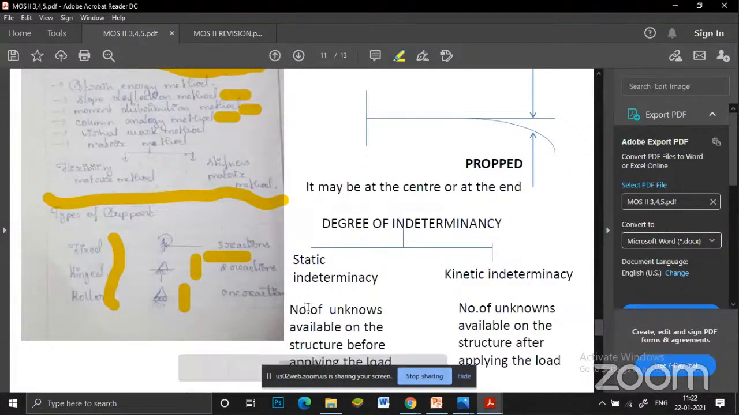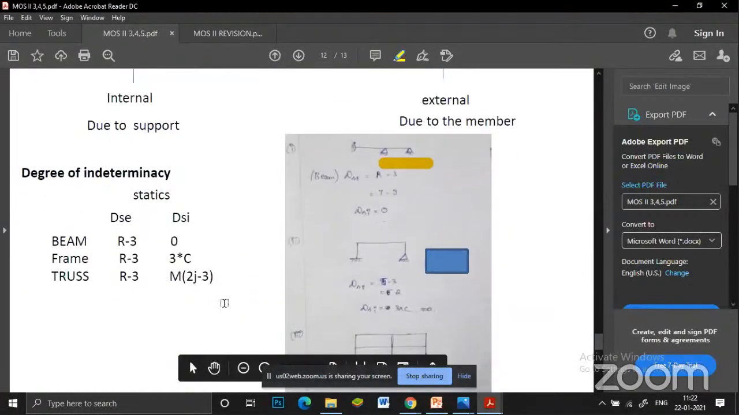If you're getting confused about which reaction goes with which support, get a clear idea on this. If it is fixed, there are three reactions: moment, horizontal and vertical. In case of hinged, only vertical and horizontal. In case of roller, only either right hand side or left hand side horizontal. So in that case, for external: